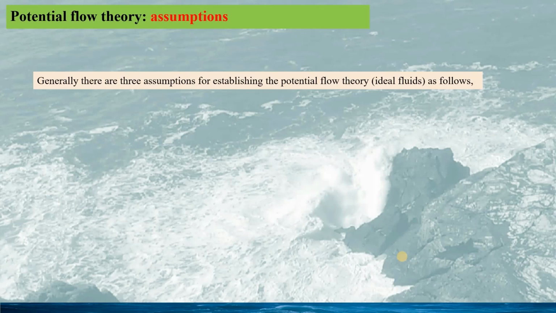To solve the Navier-Stokes equation is ideal but very difficult. For many practical problems, it might not be necessary to solve the full Navier-Stokes equation. Instead, for some practical flows at large Reynolds number, the majority of the flow region can be represented by potential flow, and thus a simplified method can be used to solve the problem, in which analytic or numerical solutions can be relatively easy to find.